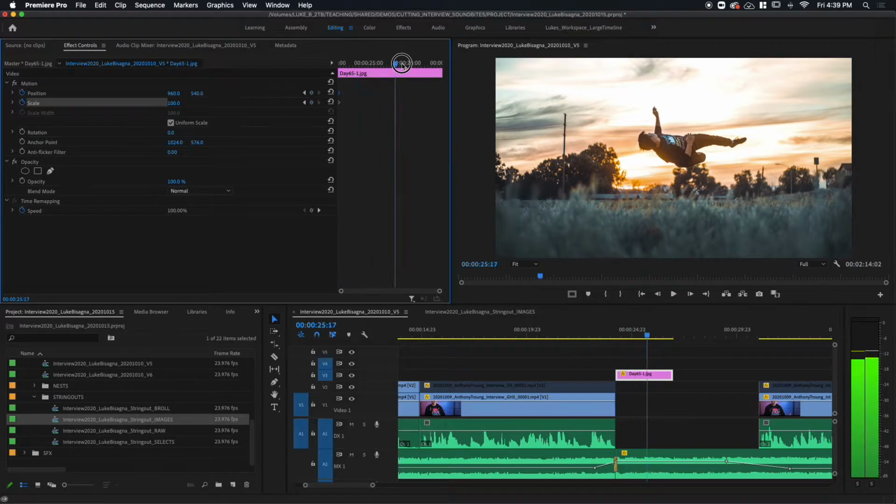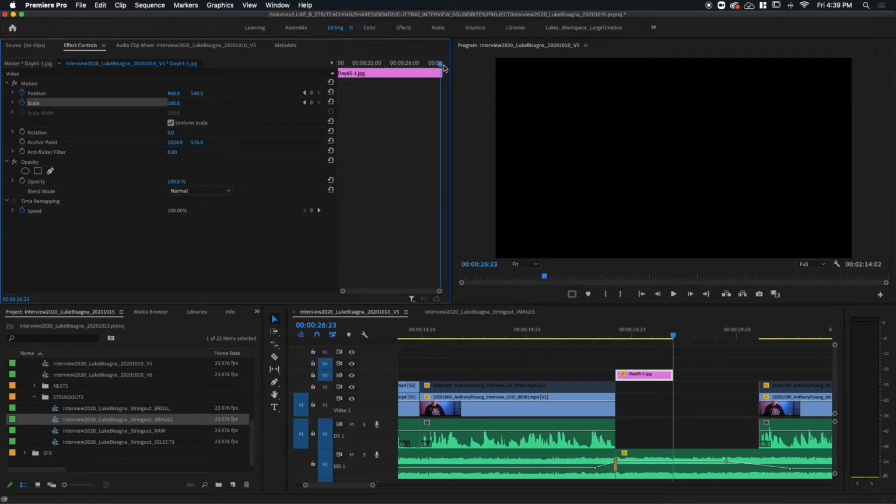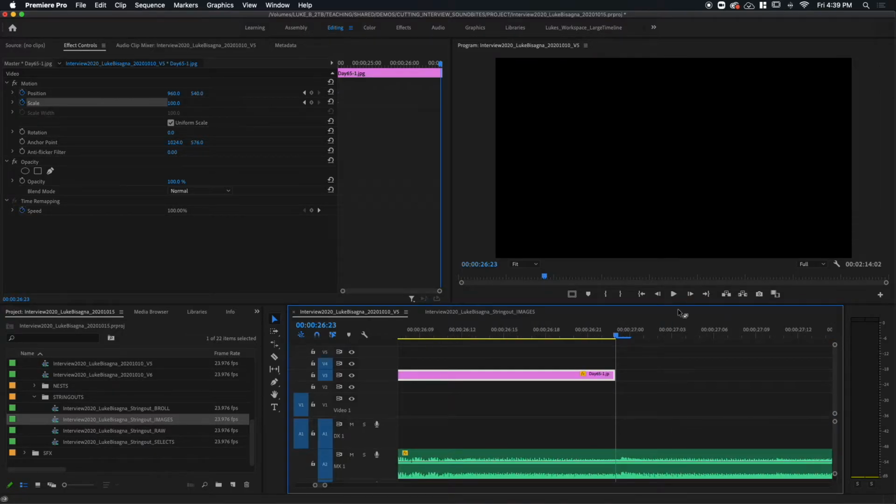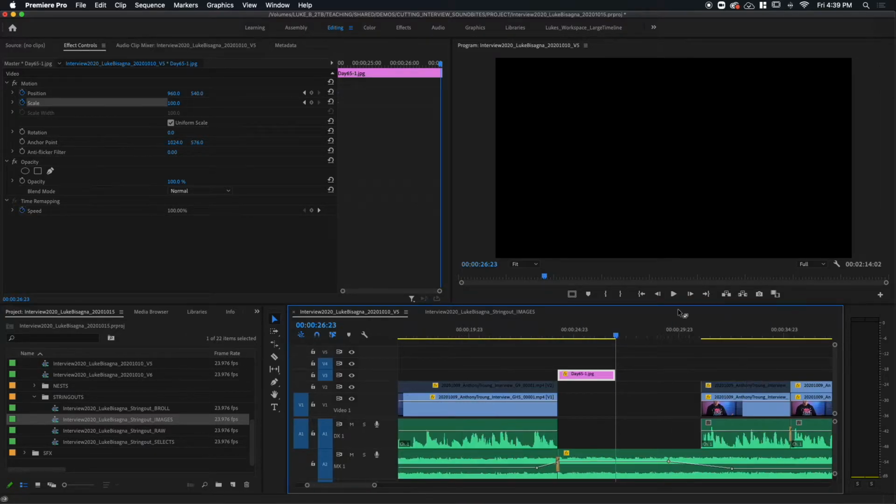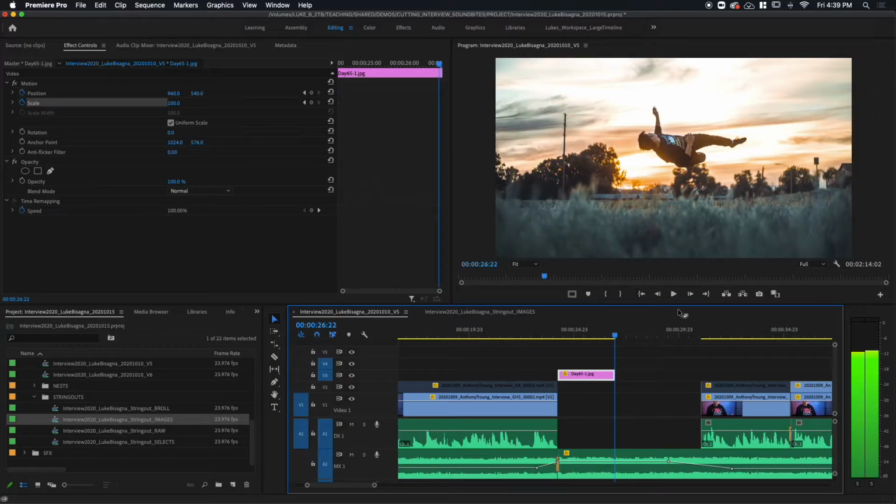Now I'm going to bring the playhead all the way to the end of the image. And if I drag it to the end of the bar here, I'm actually on the first frame after the image. If I zoom in, you can see I'm not actually on that image anymore. So I want to go 1 frame back. That's the very end. And now I want to make my change.